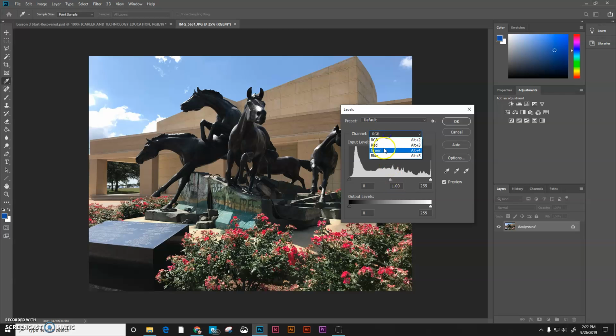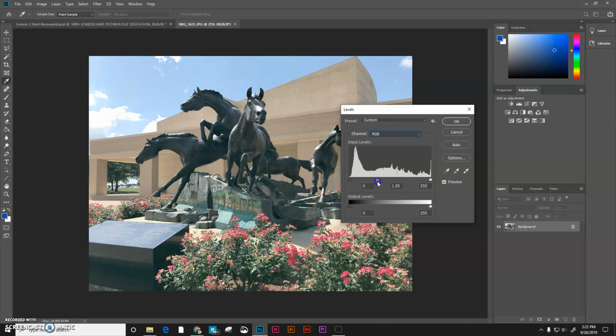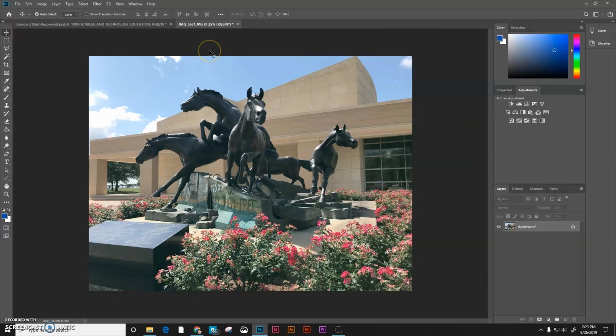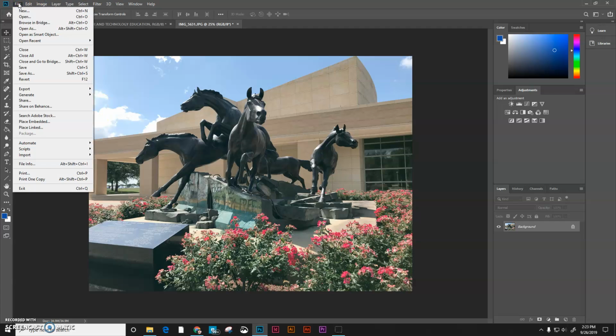And now I can do the levels of that photograph, right? I can look at the different colors and decide how I want to move this, right? And I can easily get to the levels a lot faster than by going up here. So learning some of these shortcuts, and every tool that has a shortcut will always show you what that shortcut is, right? So you can always see these shortcuts over here on the side, right? So like Control S is save, Control Shift S is save as,